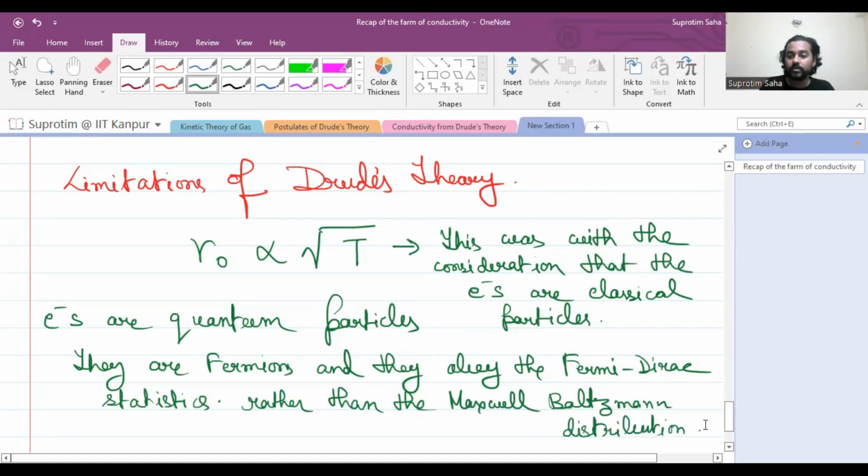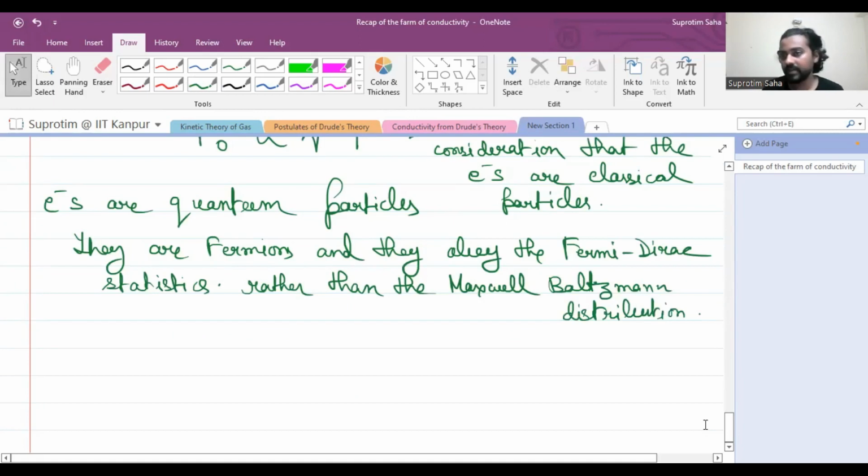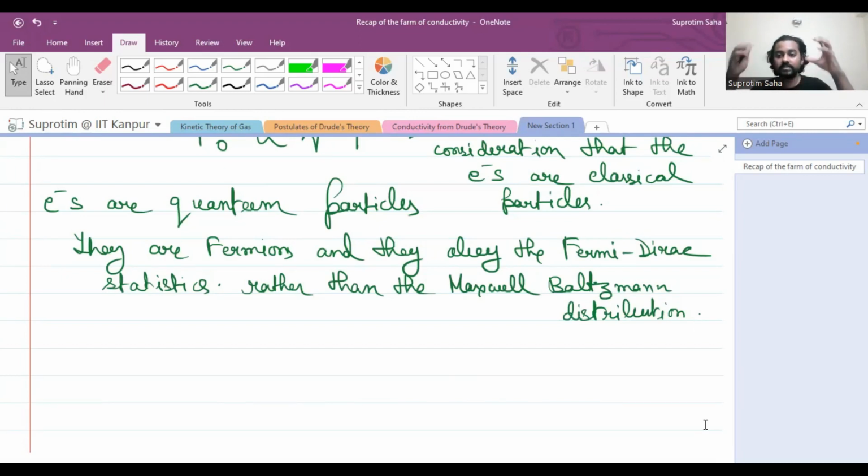Alright. So in reality, electrons are quantum particles. They are not classical particles, as Drude assumed in the kinetic theory of gases, where the electrons were assumed to be classical particles like billiard balls that undergo collisions with each other and also with the walls of the container. But they are fermions, quantum particles, and they obey the Fermi-Dirac statistics. As we go deep down in the course, we'll derive that, and we will see that